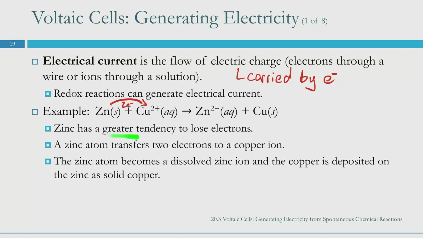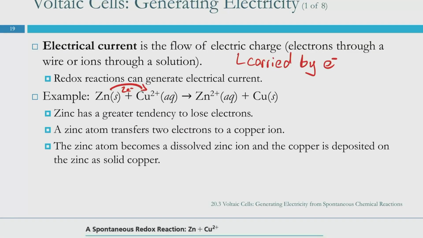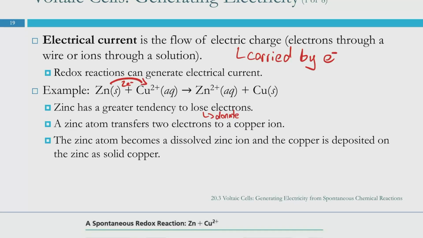This reaction occurs because zinc has a greater tendency to lose electrons, or donate, or just otherwise get rid of. It's more metallic in character. So the zinc atom transfers 2 electrons to the copper ion,